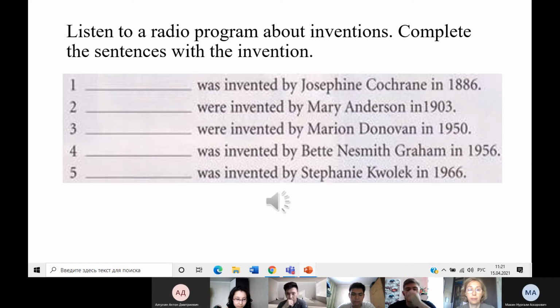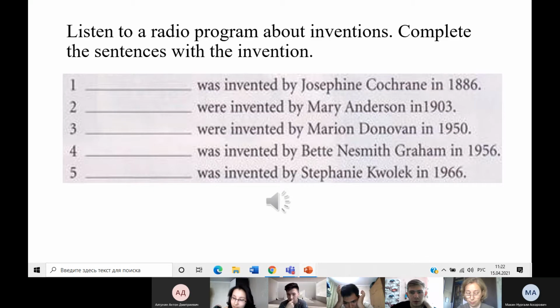Good afternoon, and welcome to another edition of Science Today. In today's program, we're going to hear about women inventors. When we think of famous inventors, we usually think of men. People like Alexander Graham Bell, Guglielmo Marconi, Thomas Edison. But as Sally will tell us, many of the things which make our lives easier today were invented by women. That's absolutely right. Let's take the dishwasher, for example. This was invented by a woman called Josephine Cochrane in 1886.